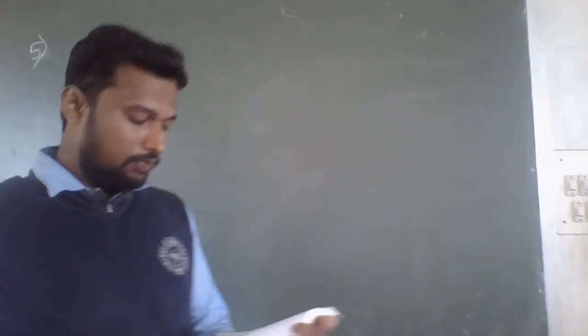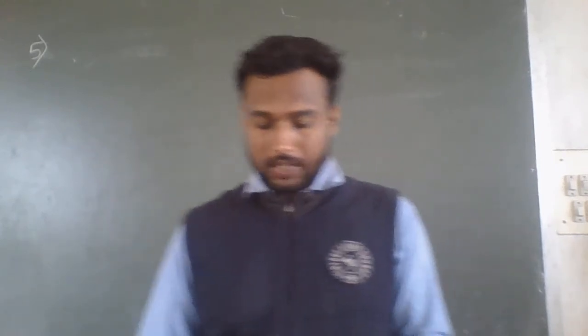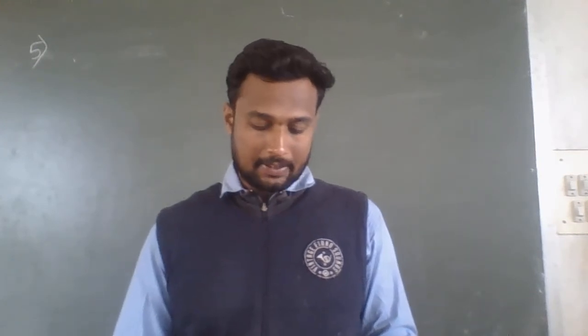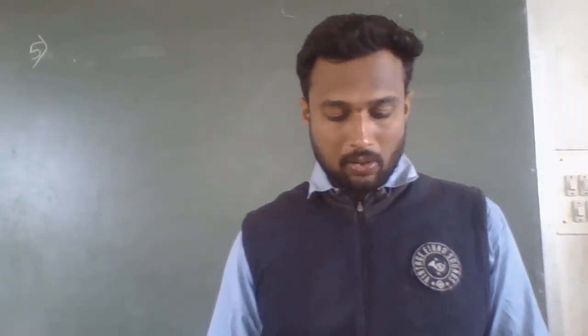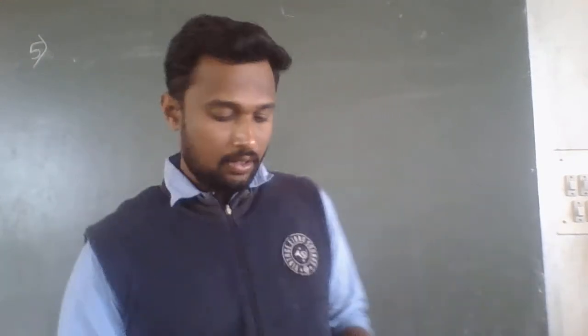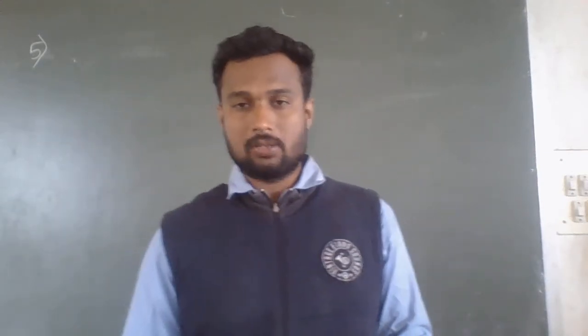So now in the fifth problem, what they have given here: find the ratio in which the line segment joining A of 1 comma minus 5 and B of minus 4 comma 5 is divided by the x-axis. So again we have to find m1 and m2 values and also find the coordinates of the point of division. Here they have not given the coordinates of the point of division.